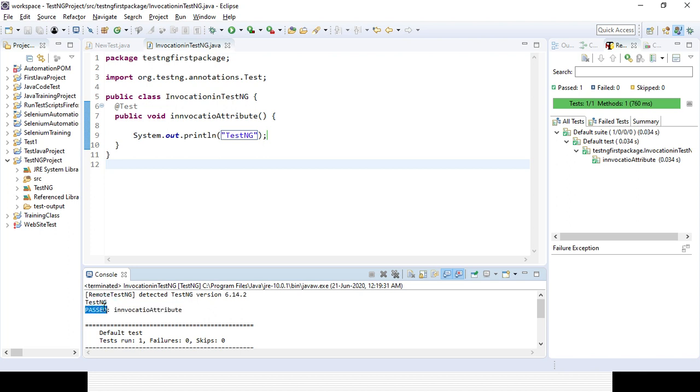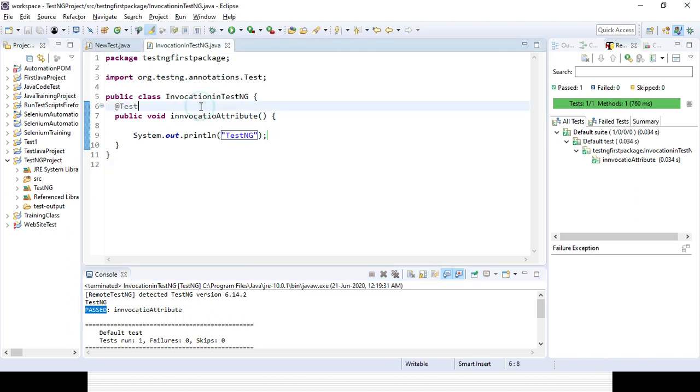Now in case the same method needs to be run 5 times or 10 times, like the example I already gave, test data creation, where you want to create specific data with the same set of combinations multiple times so that you can do some post transactions with the data.